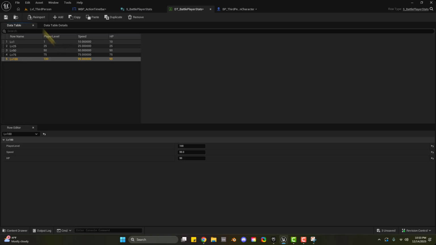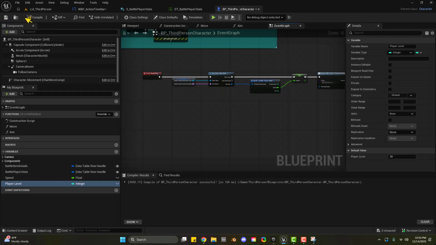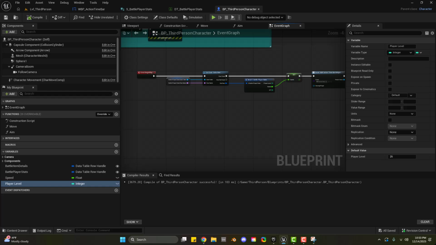Okay, so now I'm making more sense of this. And you know what? I think we've done quite a bit and I have not saved. It's crashed on us before already, so file, save all. Okay. Then next step, ChatGPT says, then in your character, convert player level to row name. Okay. So we want this. Convert the player character to row name. So am I doing a get? I mean,